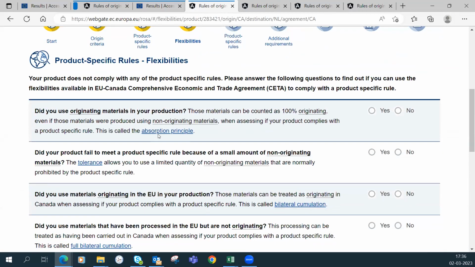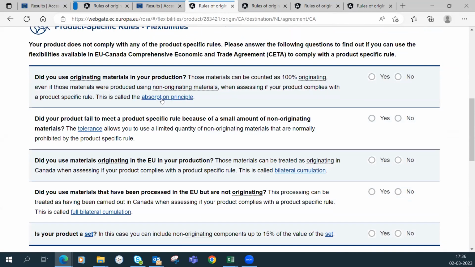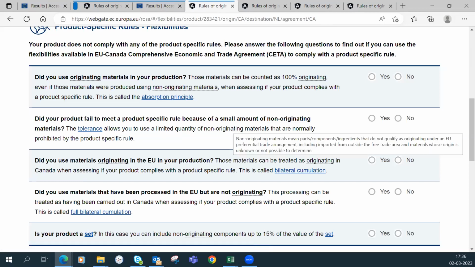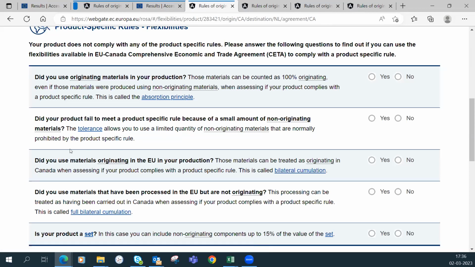So, and perhaps I will be short because I see that time is passing, but there is what we call the absorption principle, which is perhaps more relevant in the sector of machineries, less in the chemical. I will not explain. Anyway, you can always click and you will get a full explanation of what it means. So perhaps here, there is also the principle of tolerance. In fact, the tolerance allows you to use a limited quantity of non-originating material that is normally prohibited by the product specific rule.